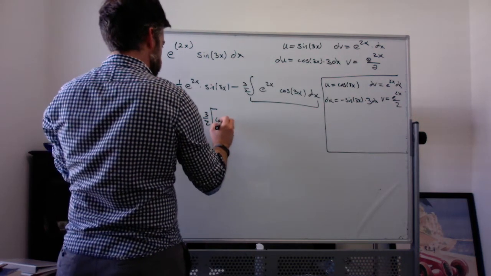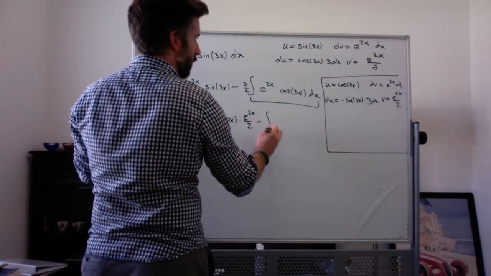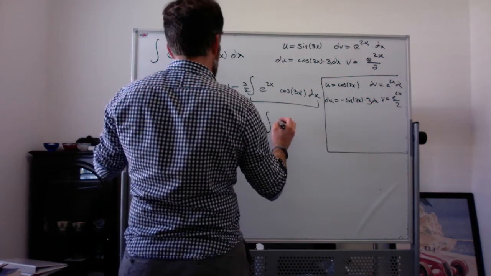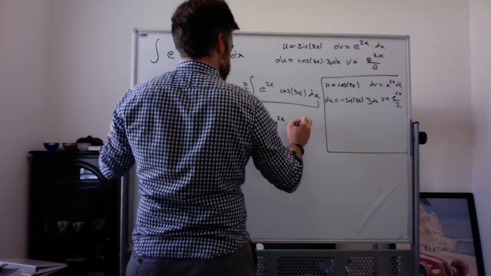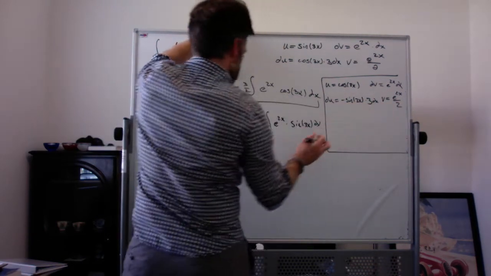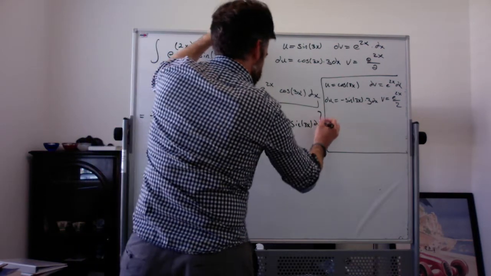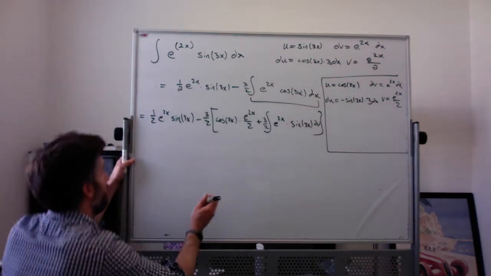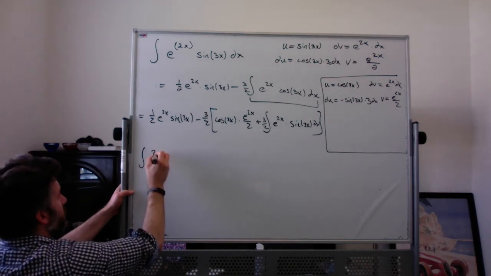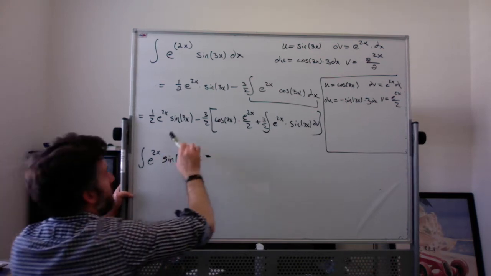So it's cosine of 3x times e to the 2x over 2 minus the integral of v du, which is going to be, again, e to the 2x times sine of 3x. I'm leaving off the minus 3/2. So a minus is plus 3 halves. Okay, so now I'm going to write the whole thing out. It's going to be kind of gross. And I do need to write my original integral on the left. So my original integral of e to the 2x sine of 3x dx equals this minus this,